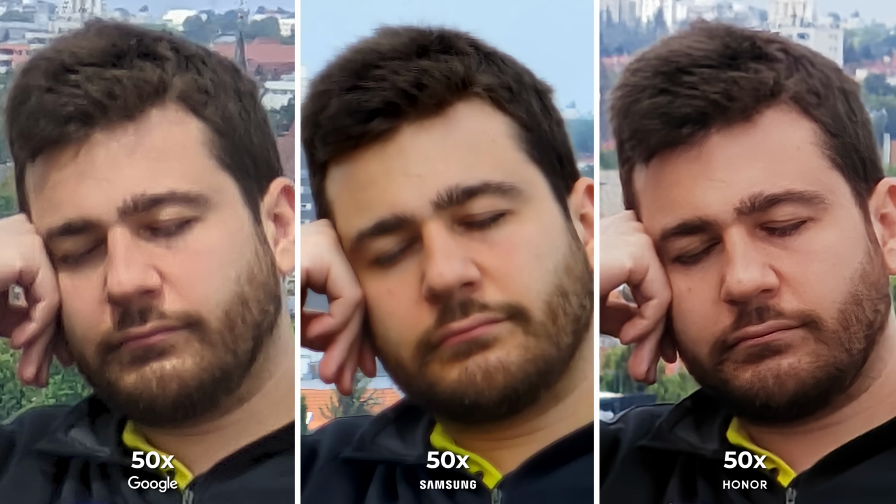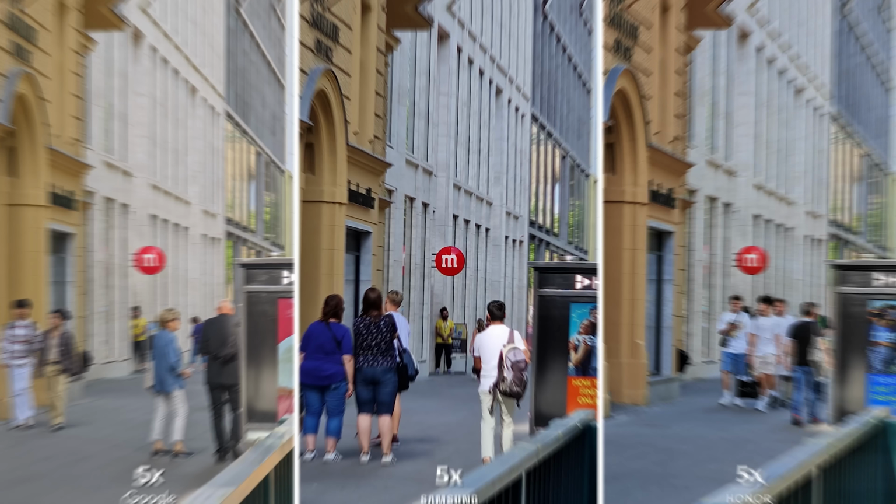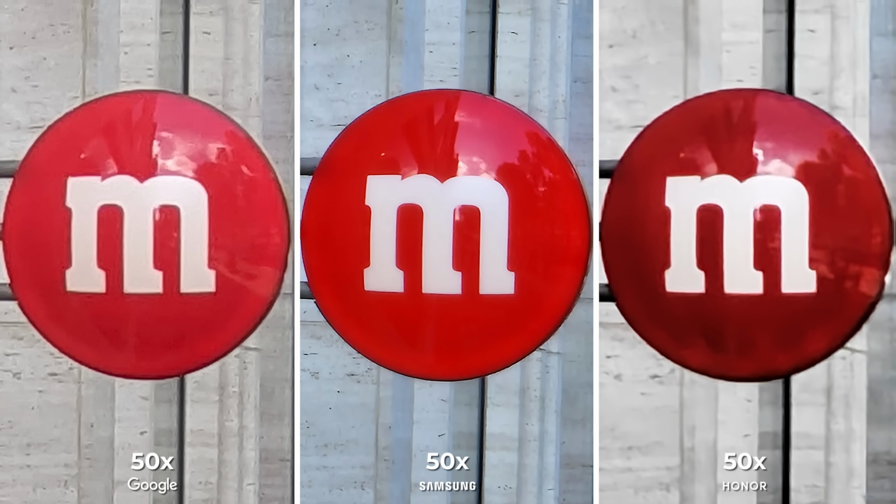50x will be claimed by Samsung, and we skipped 100x here because I don't want you to see my nose hairs. M&M chocolates are so good, and I really shouldn't be looking at this too long because they make me hungry. It looks even better on the Pixel at 5x as it is bright, shiny, and also delicious. 10x is pretty equal all around, with the Galaxy and the Magic having slightly more detail, as 20, 50, and